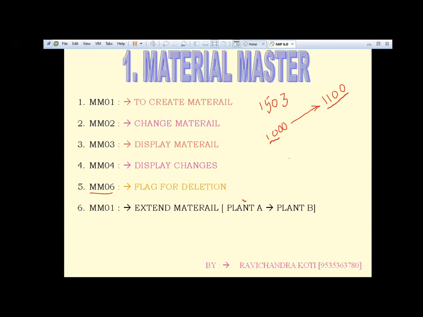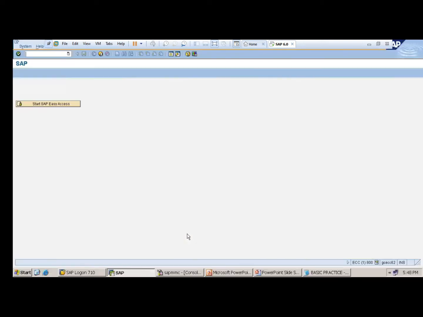Suppose I have created around 500 materials under ROH. I want to see the report. For that, MM60 to find the list of the materials. Let me check. MM60.